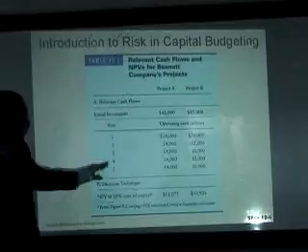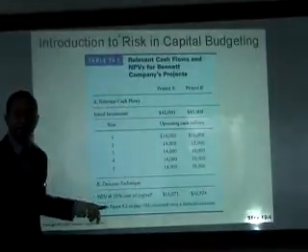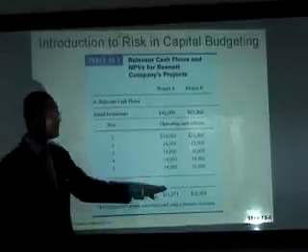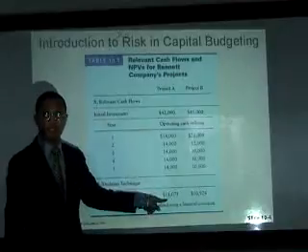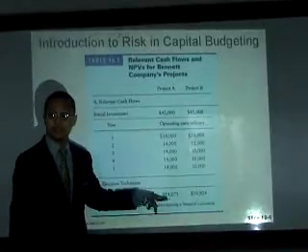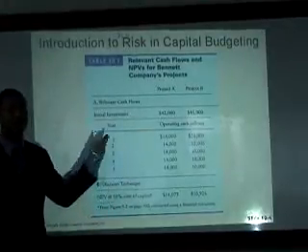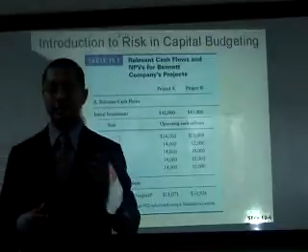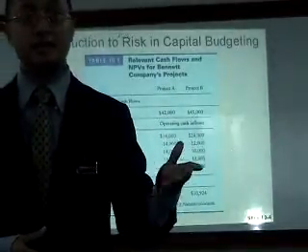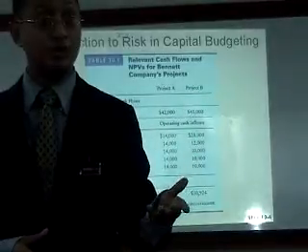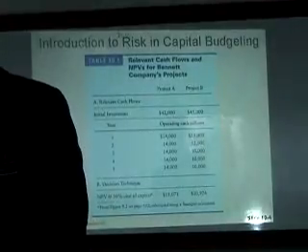Now, if we say that project A and project B have the same risk, which is 10%, we can always decide now. We choose the project which has the higher NPV, right, 11,000. But if these projects have different risks, then you'll be facing some problems here, because project A has higher risk, project B has lower risk. So you would have to decide which one you want to choose.